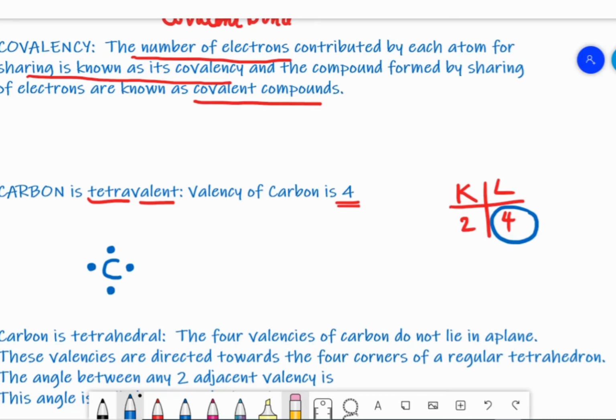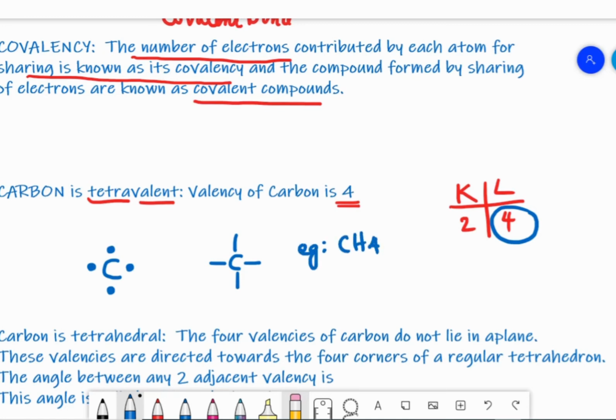It can form bonds with carbon itself, and with other atoms in the periodic table. These are the 4 valence electrons of carbon. Carbon can share these 4 valence electrons and form 4 bonds around the atom. So these are the 4 covalent bonds of the carbon atom. For example, if I write methane,